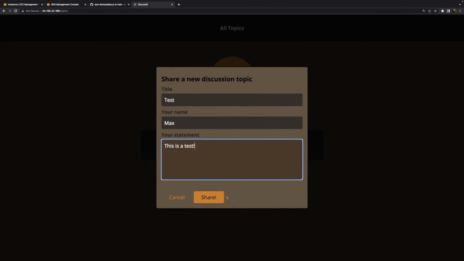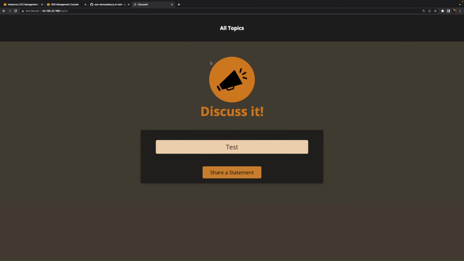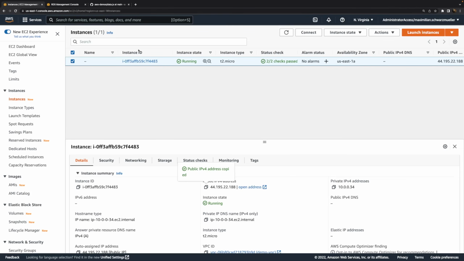This is a test, a statement, and under the hood, this is written to the database and stored in the database. And therefore now we successfully deployed a website that talks to a database, and we also created that database server on our own, with help of the RDS service.